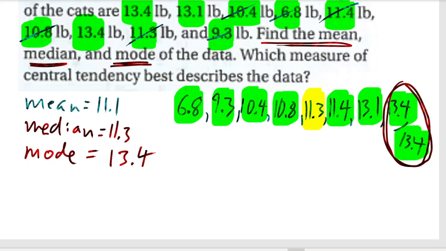So the mode certainly does not. That's not the middle number. That's the very highest number. So it's between 11.1 and 11.3. And if we take a look at the spread between these two, and we see which one of them is furthest away from the median. So if we take 13.4 and subtract the median from it, 11.3, I think we end up with